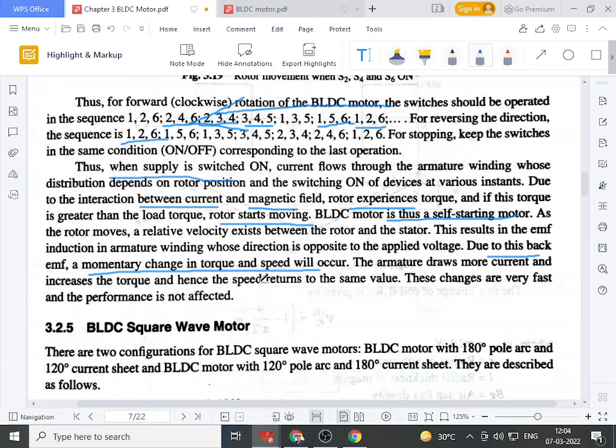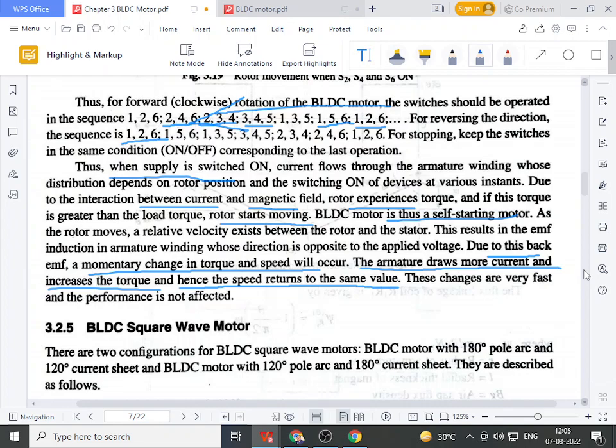Okay, so due to this back EMF or the momentary change in torque and speed, the armature will draw more current, and that will increase torque, and then speed returns to the same value. That is how we achieve the same speed again. So if there is an increment in torque, that increment is due to the current flowing through the armature. So if load torque increases,